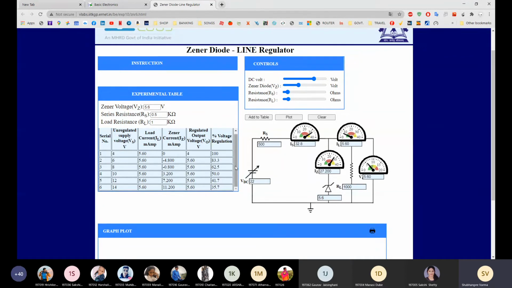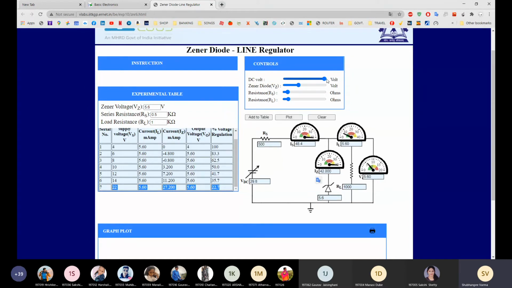Now for this we'll check the regulation, add to the table. So here you can see, students, for this 22 volt, your regulation is 22.7%. It's less.